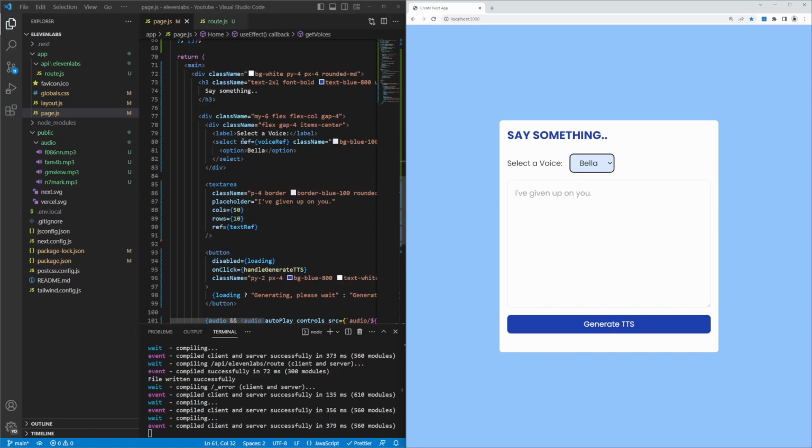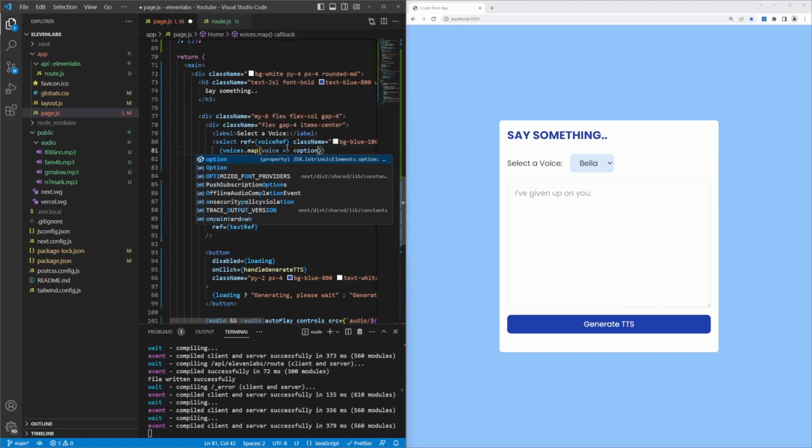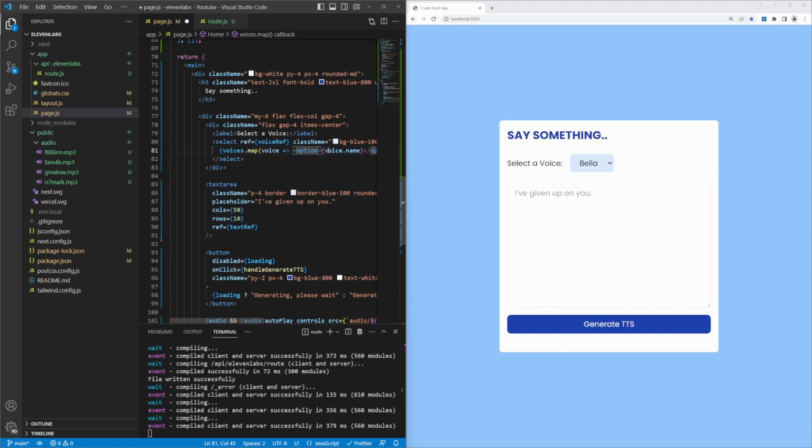So let's go back to our select element. We can remove this option here, and instead we'll add curly braces and we'll map through our voices array, which will give us the specific voice that we're on. And for each voice, we'll return an option tag. The text for the option will be voice.name, and on the option element itself, we will specify a property called value, and this will be equal to